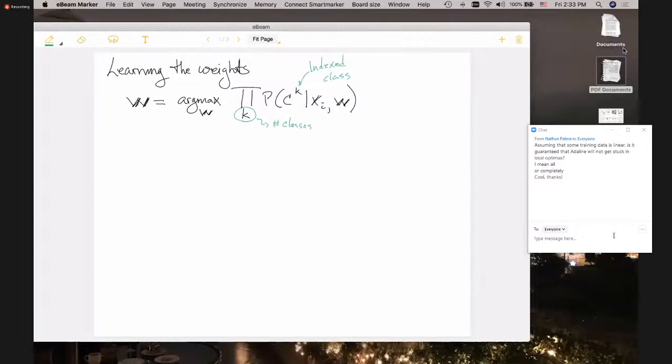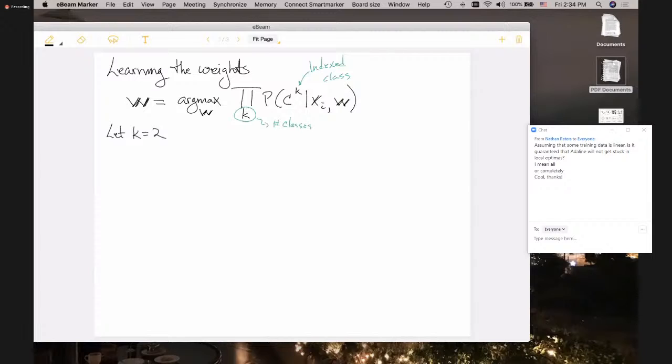So it's still the same posterior probability distribution that we're talking about, the probability of the class given the input, but this time we are also conditioning it on the weight vector as well, recognizing that that distribution is going to change based on the weights that are chosen. All right. So we'll let k equal 2 to get us started. We will come back and I will show you the general multi-class derivation, well, not the full derivation, but the solution there as well.